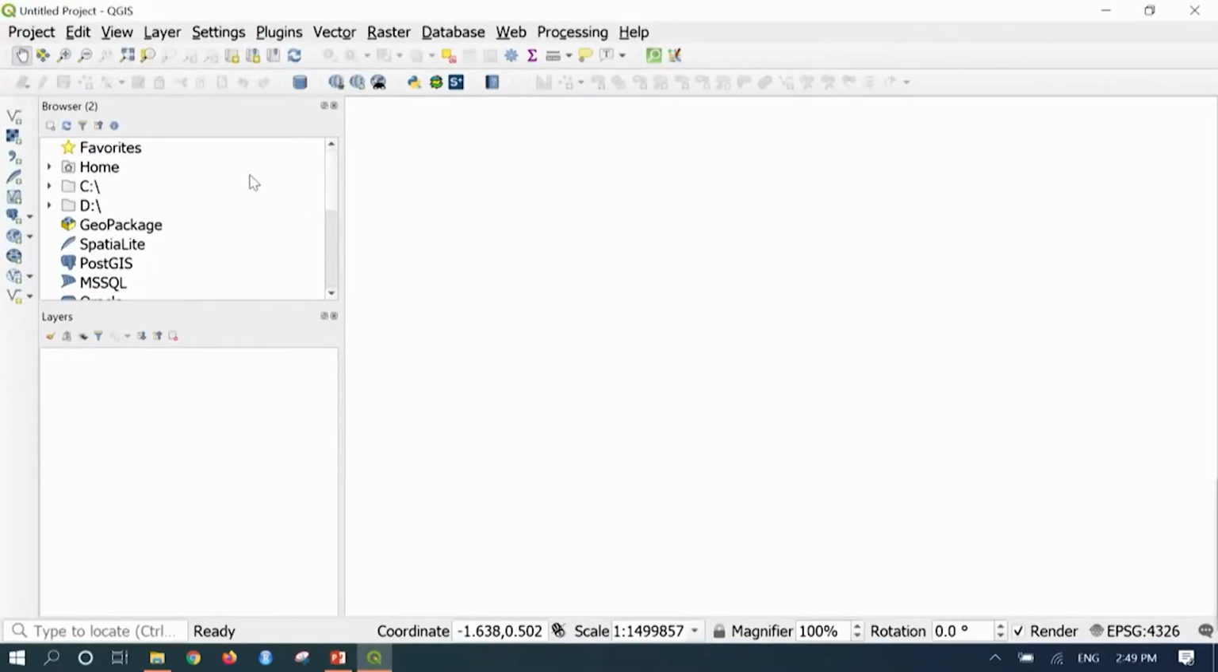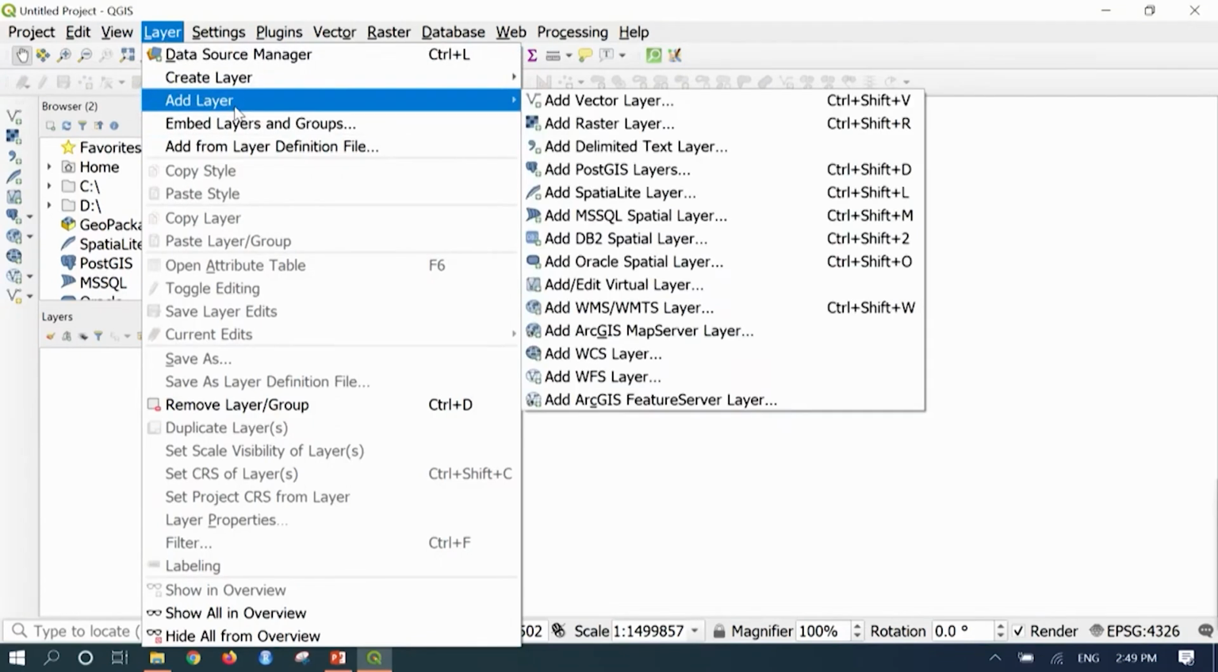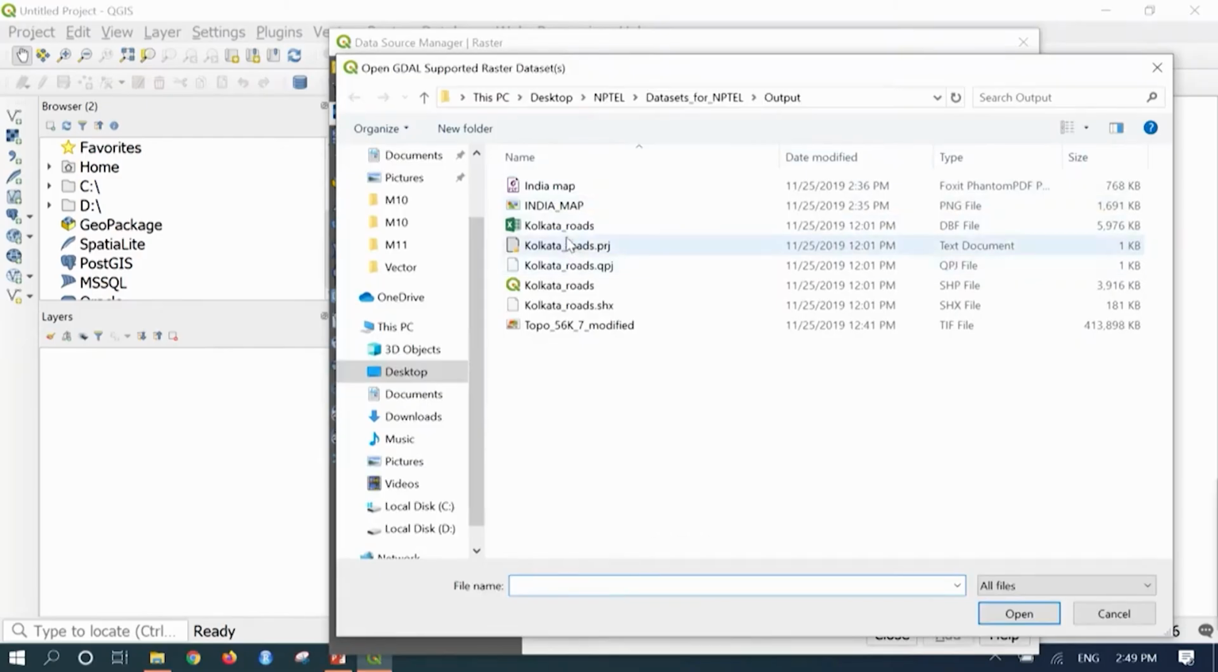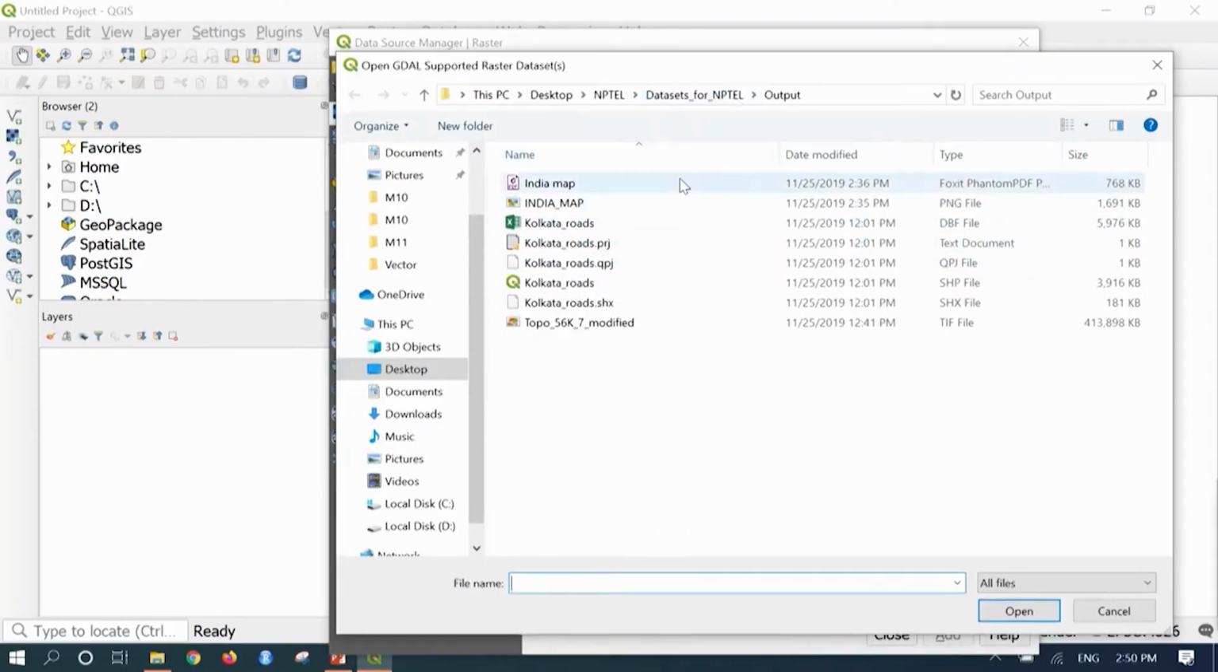So, this is the QGIS interface. Now, I will add the georeferenced raster layer into this display section. I am going to the menu toolbar, Layer, Add Layer, and in Add Layer I will select Add Raster Layer. So, this raster layer will be our base layer. I will go to browse, and here in the output I have topo 56K7 modified. This is nothing but our georeferenced image from the previous session. So, I will select this and then say open,